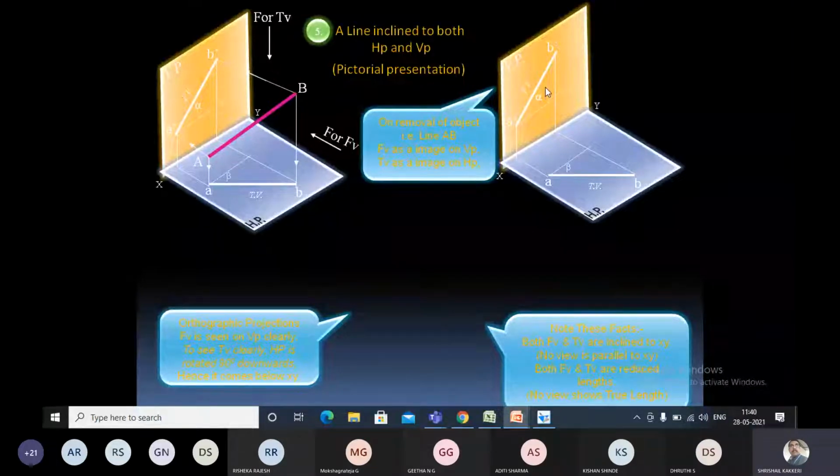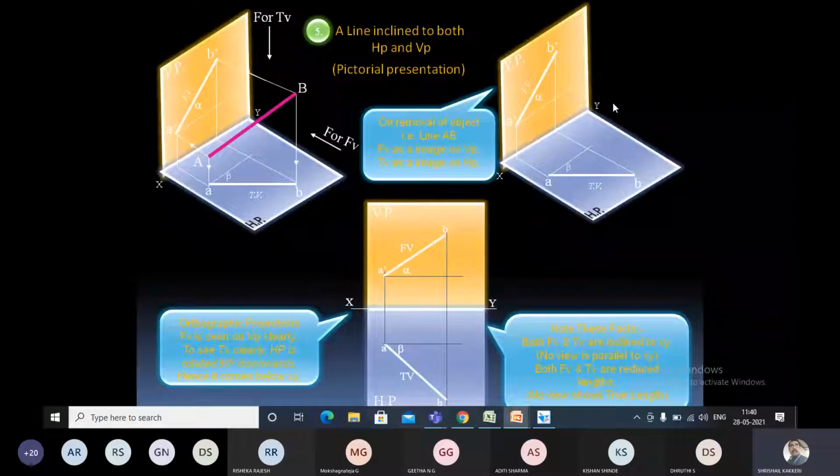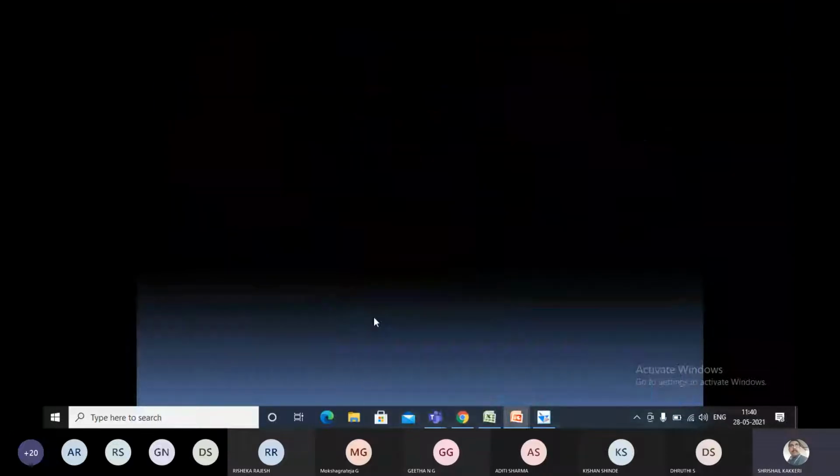This is the front view, and this will be the top view. The top view will be made to coincide with this particular plane of reference, so that the top and front views will be lying on the same plane, divided by the XY line. The XY line indicates the intersection of both the vertical and the horizontal plane, and this is the vertical plane. Here I am going to write the horizontal plane. Okay, and how can this problem be solved?